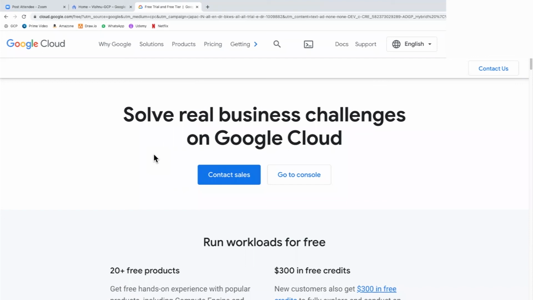If the previous account expires, you can create another Google account and just create another free account, right? Yeah, but it's not that easy. You need to use all different credentials. Sometimes you have ABC account, you can get another account with a different credential, right? So what's the big deal? No, it's a big deal, because it will check which laptop, which device you are connecting from, which network you are connecting to. Based on all these, they are preventing multiple accounts from the same user. So it's not that easy to create multiple accounts.